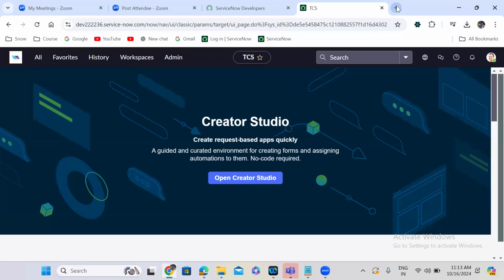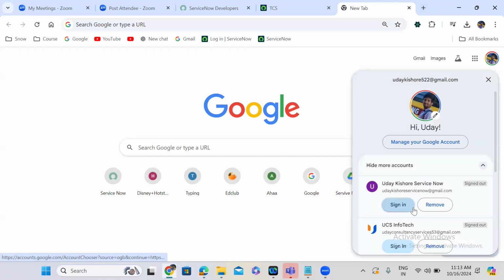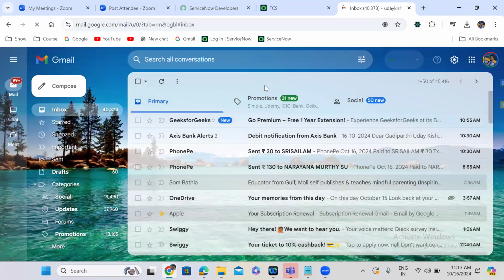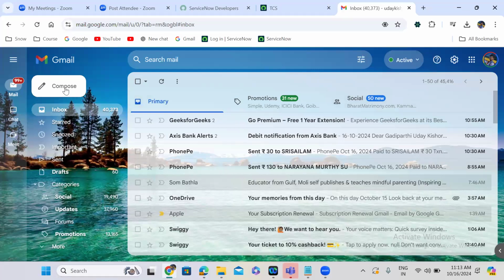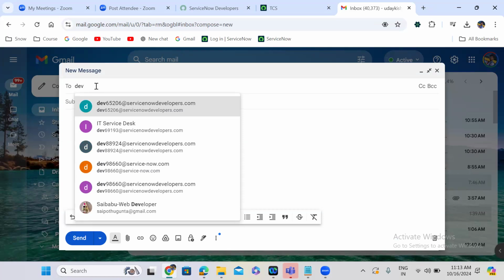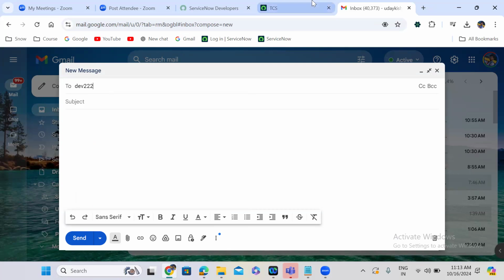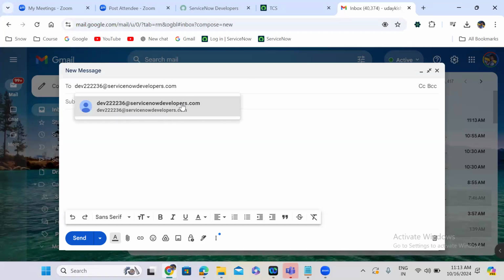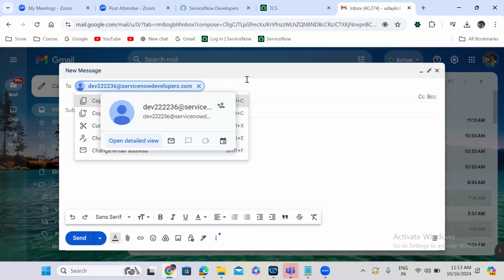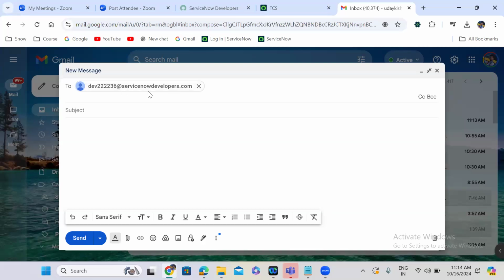So let me open my personal developer instance. If you send an email to the ServiceNow email address, the address will be the dev instance name, dev 222236, at the rate servicenowdevelopers.com. The personal developer instance email will be like this: instance name at the rate servicenowdevelopers.com. If you send an email to this particular email address,